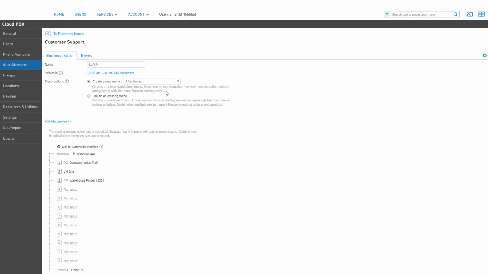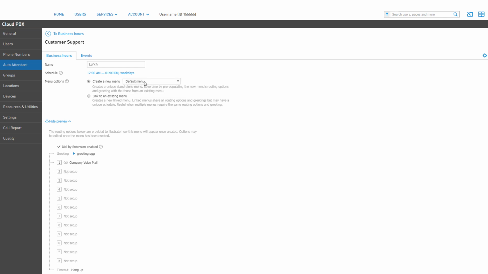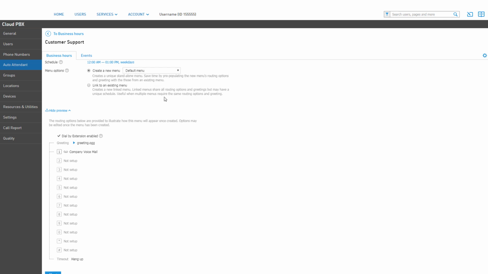You also have the ability to link this menu to an existing menu, again selecting the menu in the dropdown. Linked menus will always share the same menu routing options and greetings, but allows you to set a unique schedule to play the menu at different times of the day. For our lunch menu, let's create a new menu, make sure default menu is selected, and click Next to create